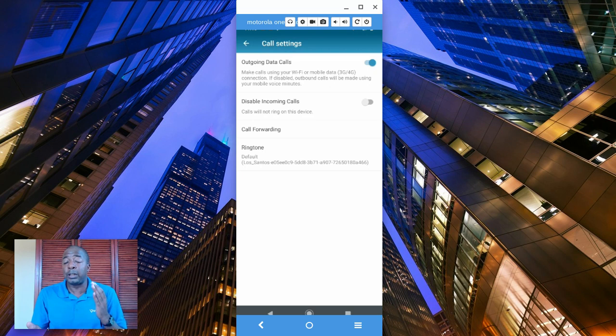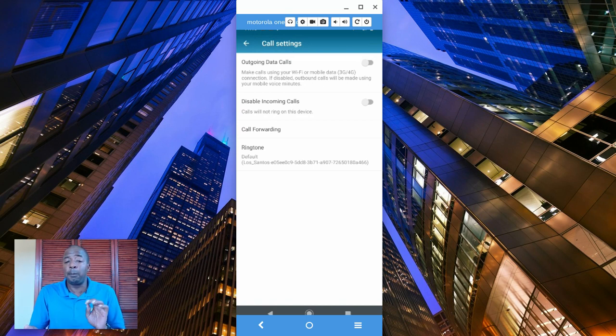But Vonage allows for the ability to switch back and forth between what type of network you're going to use your mobile app to transmit data, so that you have a little bit of play and control over how you wish to make those calls, so that you can control quality to the best of the ability of whatever technology you've got with you. In short, if you use the mobile app at home, I recommend that you connect it to your Wi-Fi. If you're out and about on the go, me personally in the United States, I would recommend that you turn this off and let the app use your cellular